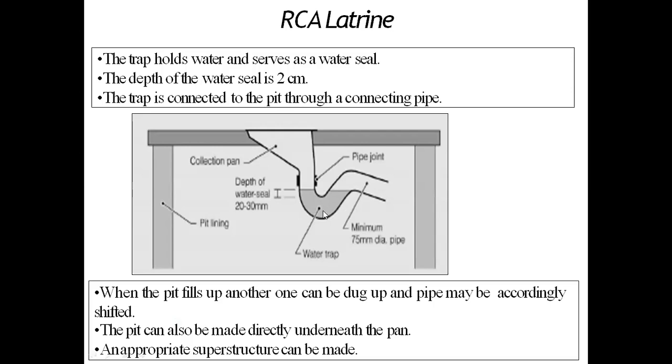Depending upon the direction, as I have told, the name is given. The water seal of the trap is the distance between the level of the water in the trap and the lowest point of the concave upper surface. When the trap is in proper position, it is approximately 2 centimeter. The water seal acts as a barrier against the escape of foul-smelling air from the sewer or connecting pipe into the house, and it also prevents access of flies to the night soil.